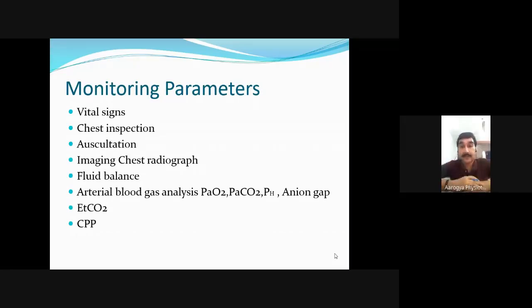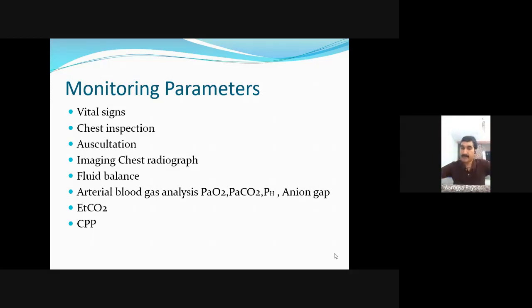Now, it is very important to monitor the patient parameters, because if you are monitoring, you can see the difference your treatment is giving you, pre and post. You can actually see the values changing if you are treating the patient in the better way, assessing the patient thoroughly and then treating accordingly. Now you see vital signs such as heart rate, blood pressure, temperature, respiratory rate. You have to see all this. Any fluctuation, you need to look out for the reason.